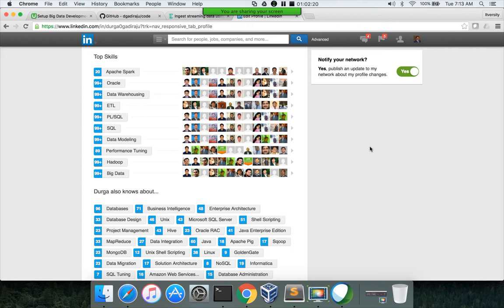Or they might have designed it in a different way where the most recent endorsements are displayed as quickly as possible. So it all depends upon the intelligence they have built around how they want to showcase.